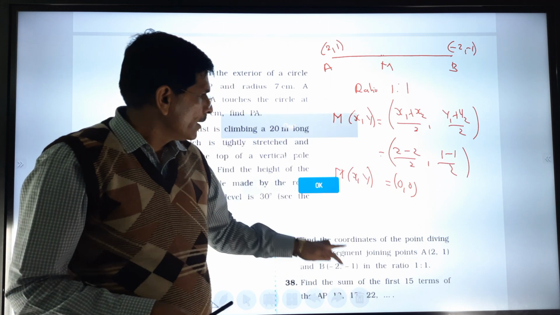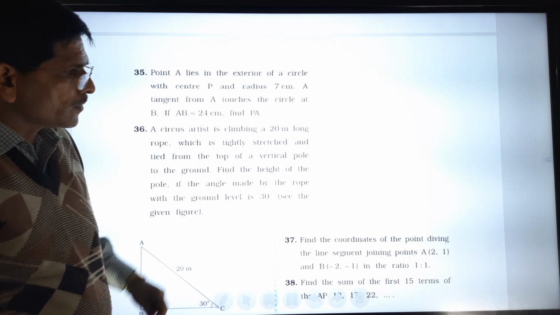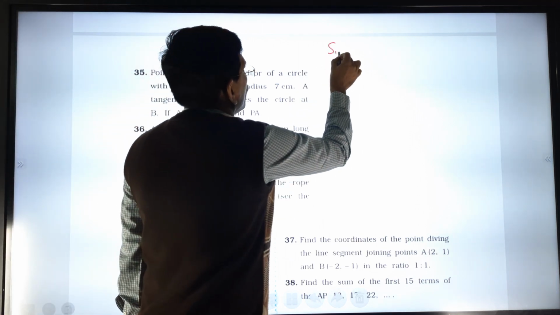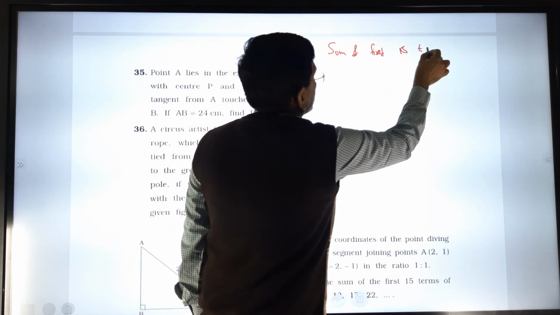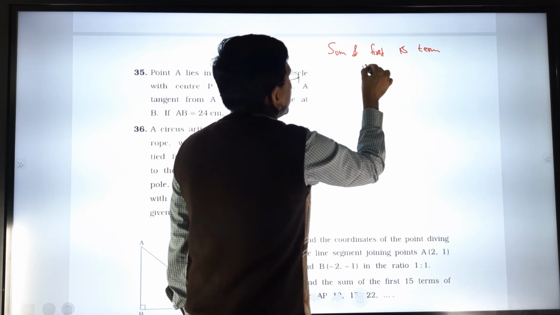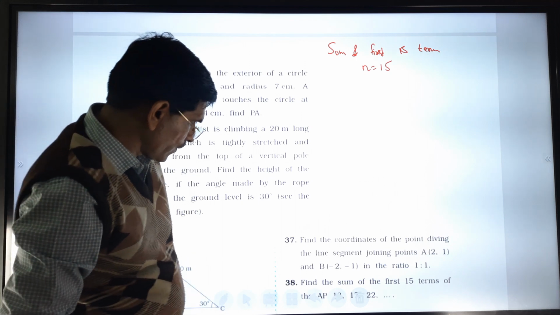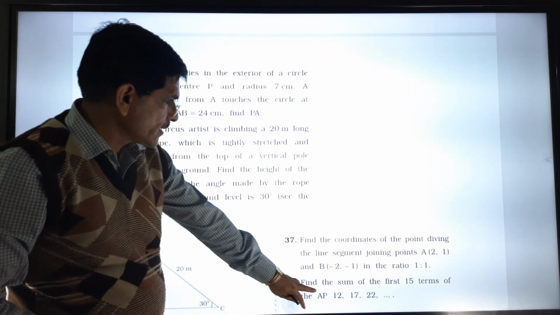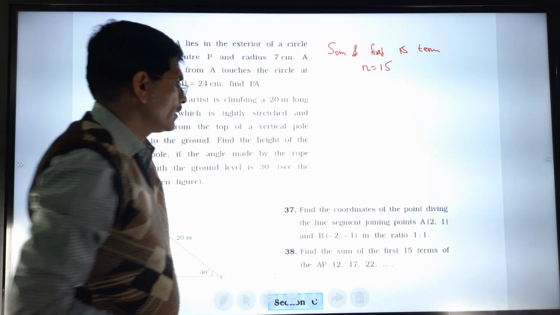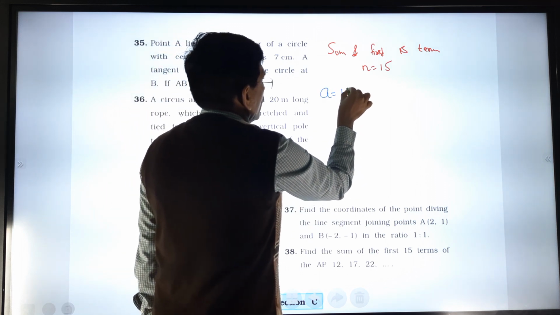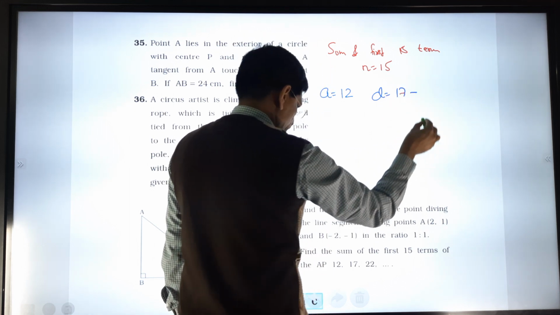Again one more sum related with it, that is question number 38. Find the sum of first 15 terms. So n is equal to 15. Now what is the arithmetic progression there? A is equal to 12, the difference D is equal to 17 minus 12,